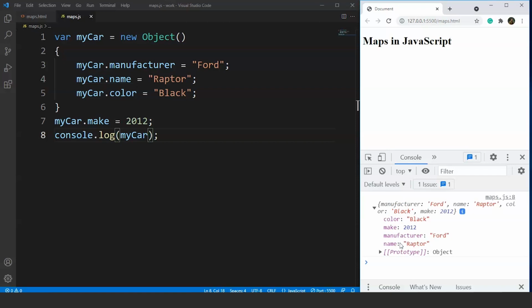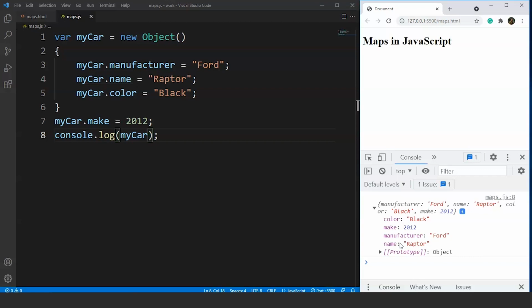Now the question here is, why are we discussing objects before maps? There's a specific reason for this, guys, because maps in JavaScript are similar to objects and one can use objects in place of maps or maps in place of objects, we can say. But still there are some differences between objects and maps. Although both of them use key value pairs and give us the required output, there are still some minor differences between them. So let's understand the difference between them with a simple example.